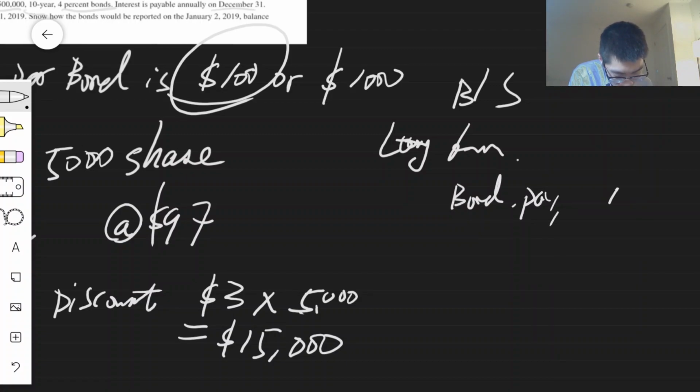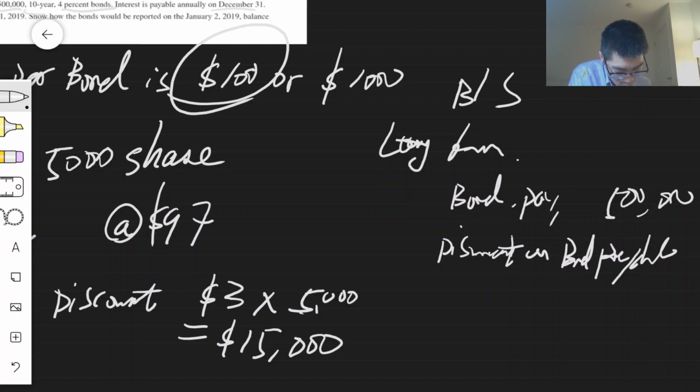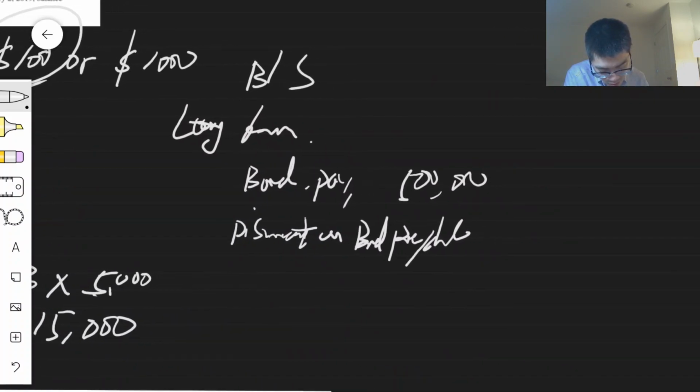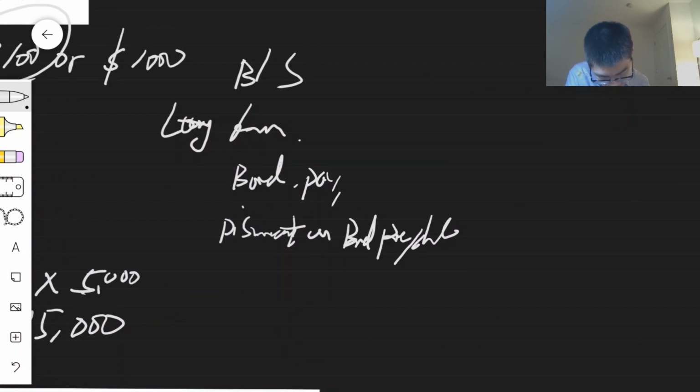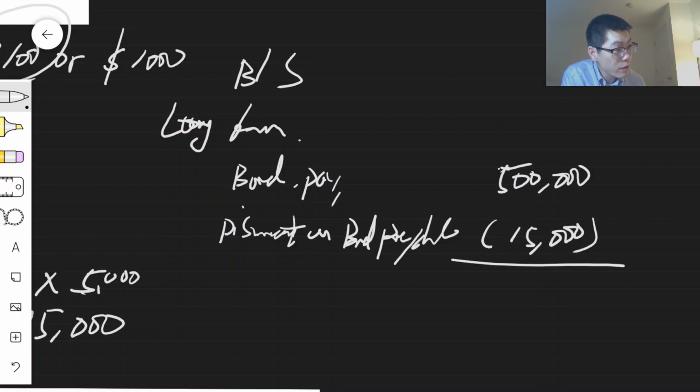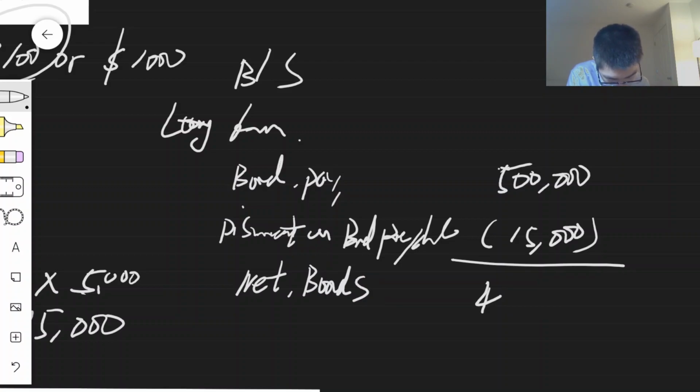payable for $500,000 and discount on bonds payable for $15,000, and then that's the carrying value or net bonds for $85,000. Or you simply just record as